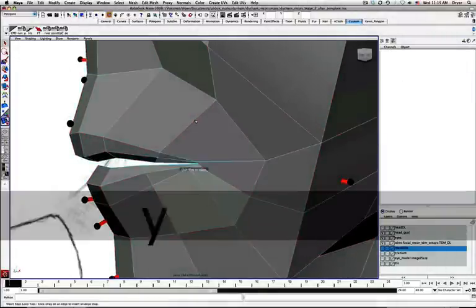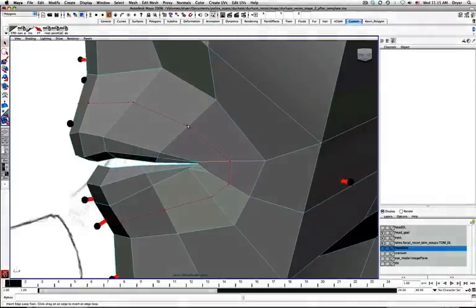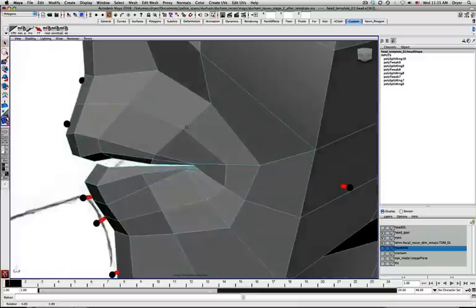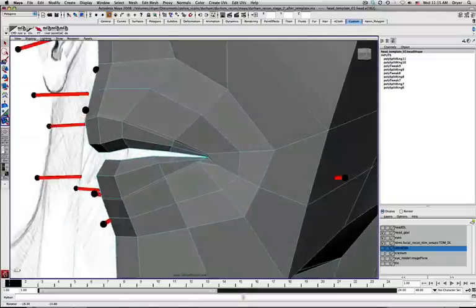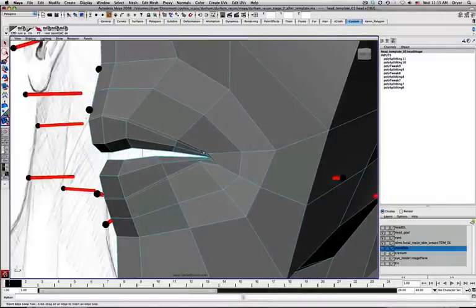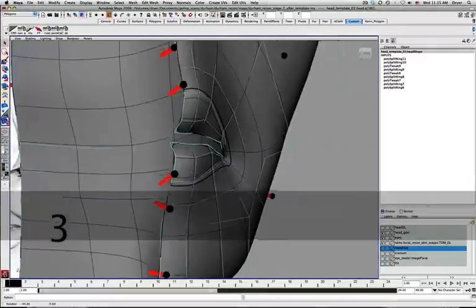Again, I hit Y because edge loop is the only tool I'm using right now. When you're moving stuff around, that's not a tool, that's just translating things. So there's 1 edge loop. And I'm going to do a nice, really tight one in here because the lip has a lip, sort of this kind of extra little edge. If you look at some photos, most lips you'll see have this extra little edge that we want to define. So adding in that detail,